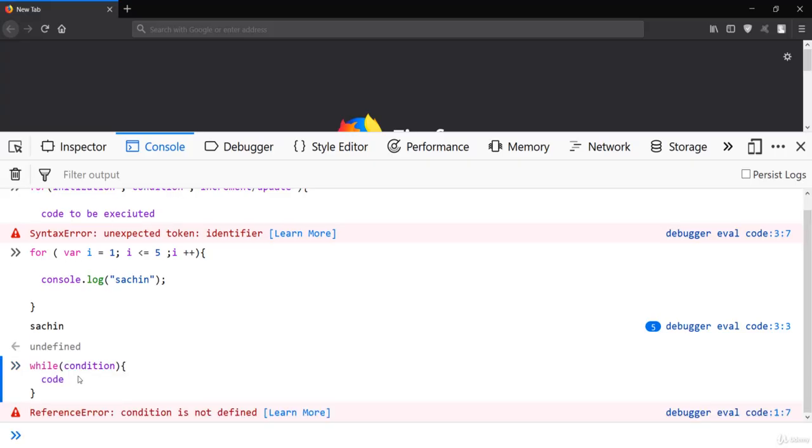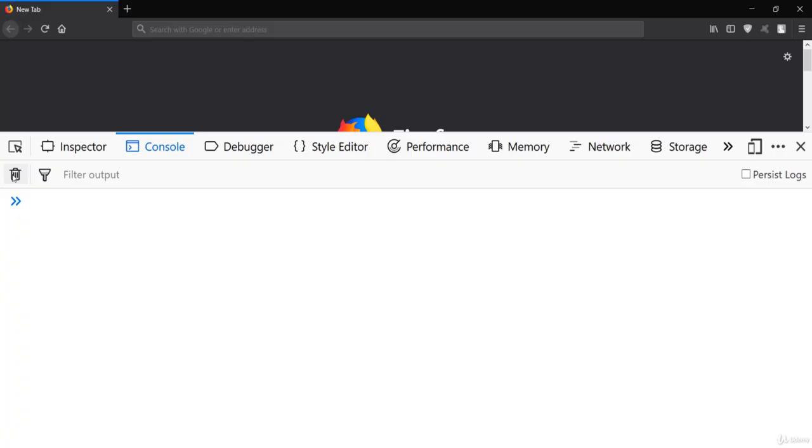So let's make use of this while loop now. First of all, let me create one variable. I'll say i should be equal to, let me say, 11. So we have created the variable. Now let me create the while loop, and I'll give the condition inside this parenthesis.